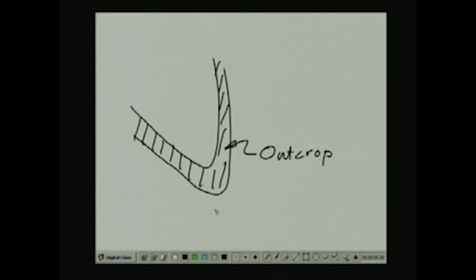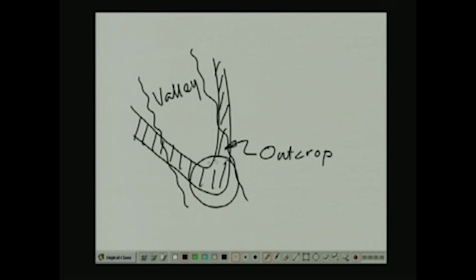Now, the reason why the outcrop actually takes the shape of a U or a V inside the valley is because near the valley bottom, at the point where the outcrop is at the lowest elevation, it is going to proceed in the down dip direction. So, at this location the outcrop elevation is the lowest compared to the elevation of the outcrop at the flanks of the V shape. That is the reason why the tip of the V always